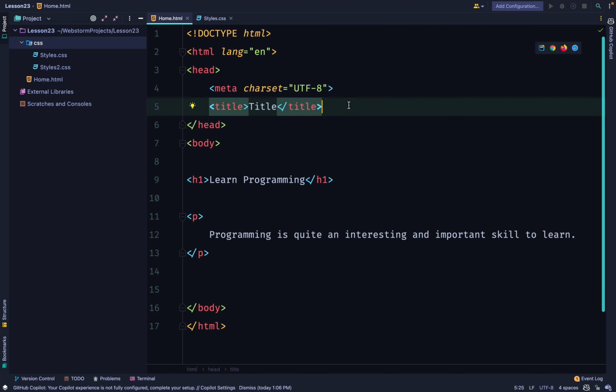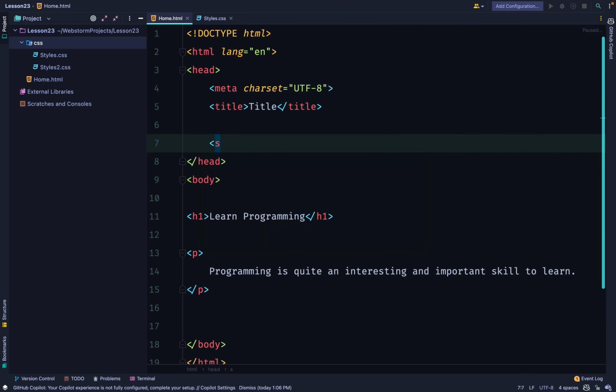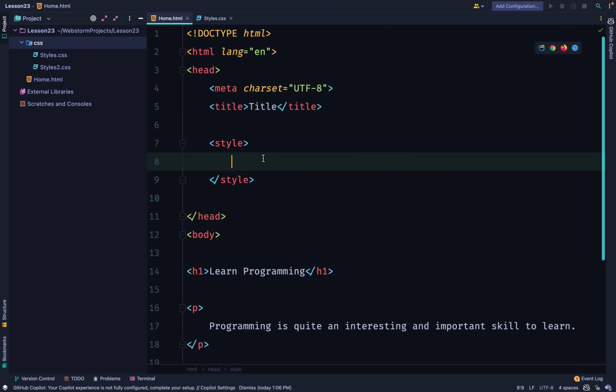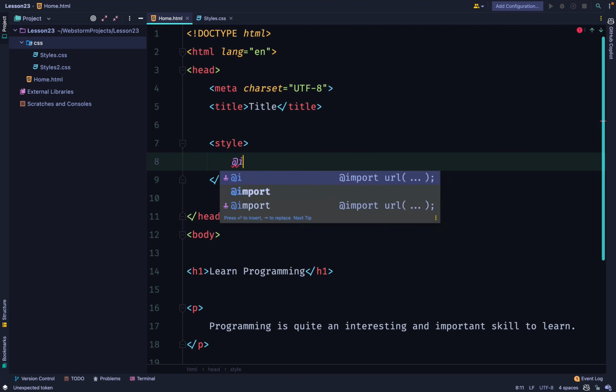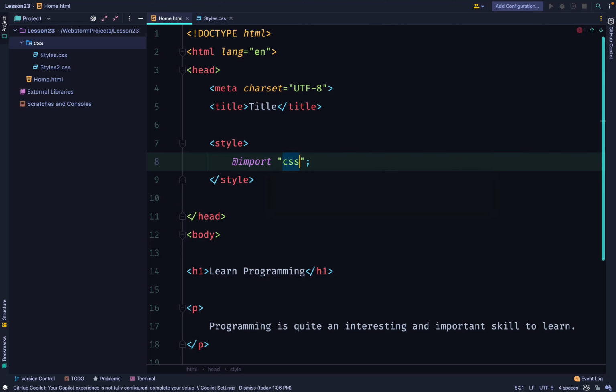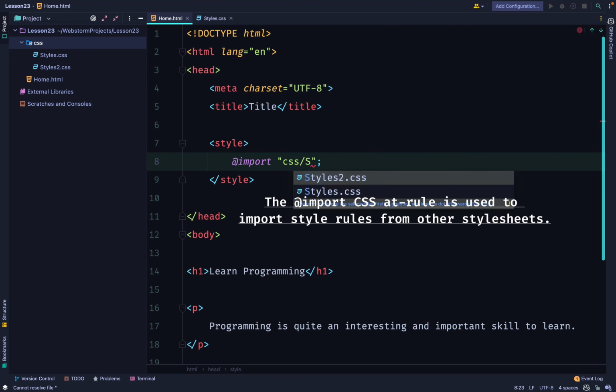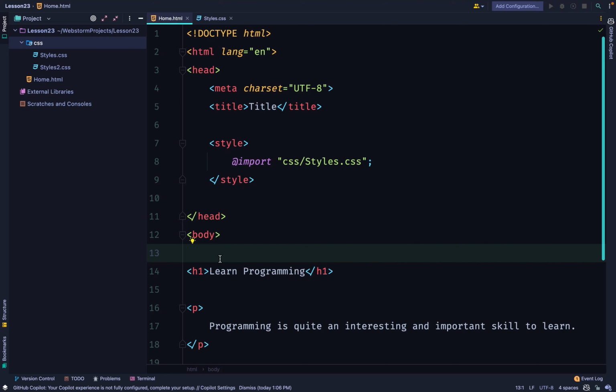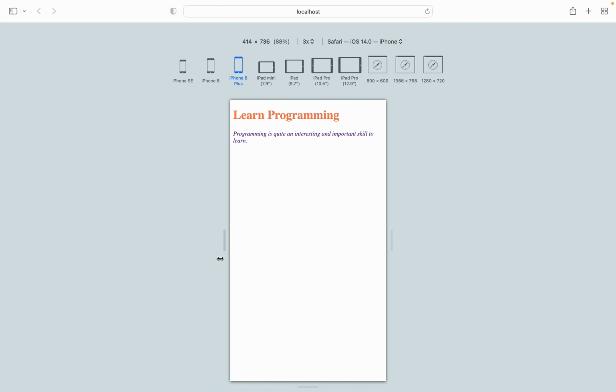So to import, we simply have our style, and then all we need to do is to import. Now, this also works if we are in a CSS file and we want to import a CSS file into another, and we can use that. However, this is quite straightforward. In this situation, now we have our CSS functioning, but we have another way or another at rule or CSS